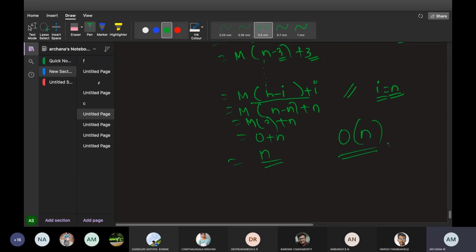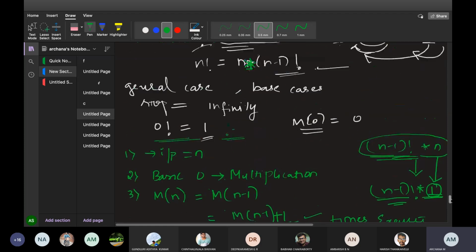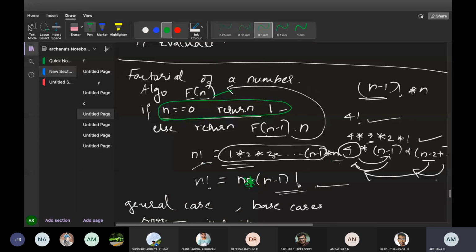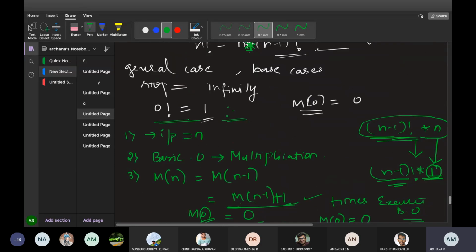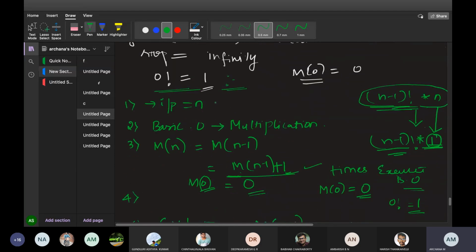This is the representation of a recursive analysis of any program, whichever we get. This is how we need to first think. First, we need to write the algorithm. And the very important thing is we need to formulate this neatly. This is very important: F of n minus 1 into n, whatever you write. Then see the basic operations you are doing. What is the size of the value? Size is n. Basic operation is multiplication.